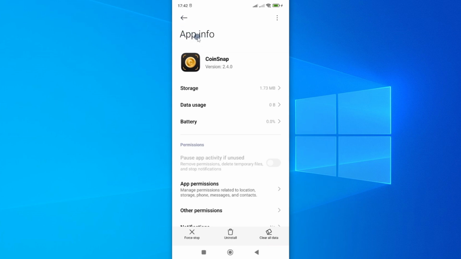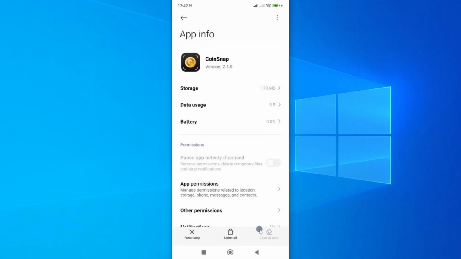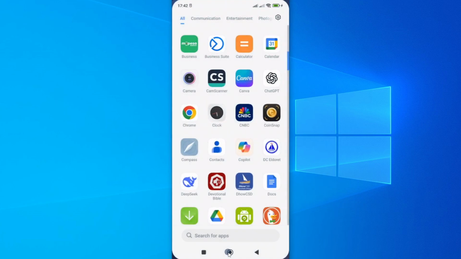just come back again to this app info page, and this time around go ahead and tap on Clear All Data and just press on OK. At this point, now the app should be up and running, and this should be able to fix most of the problems. However, if you're still experiencing any challenge, then you need to go ahead and look for this app